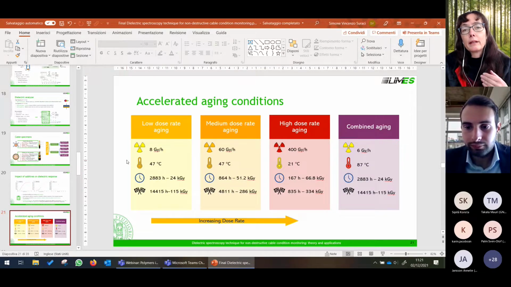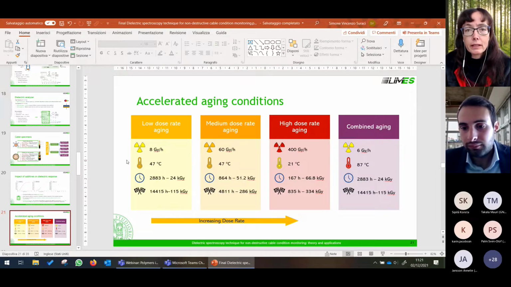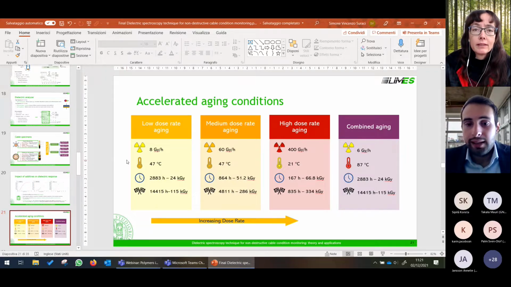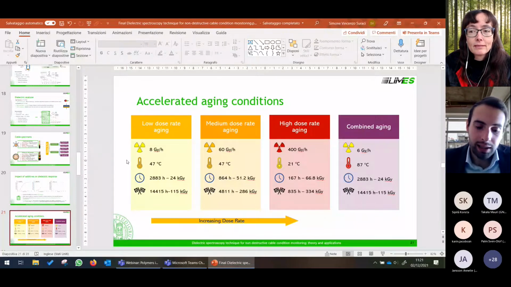But still, you think that with the normal rates that the cables face in the plants, the method will still be applicable? Yeah, it's quite difficult to reply to this question, obviously, because we have seen that the aging time has more impact than the dose rate, actually. Okay. So the ideal condition would be a very low dose rate, simulating the one in nuclear plants, up to 0.3 grays per hour,